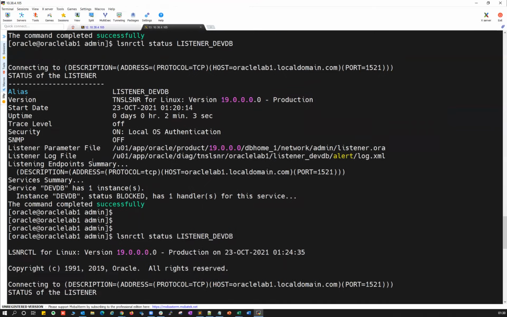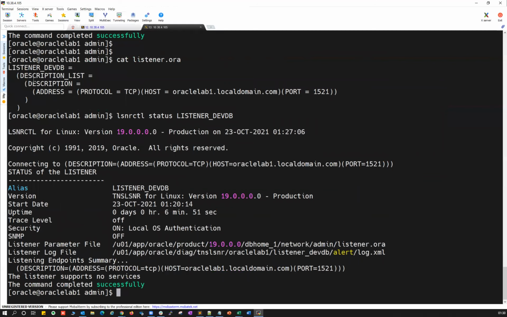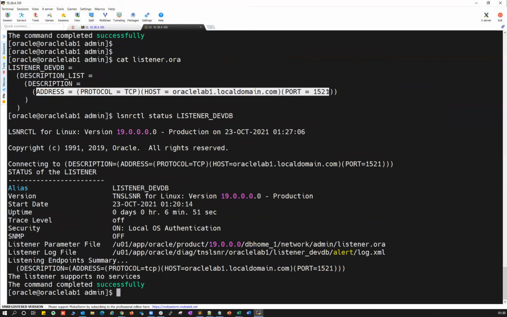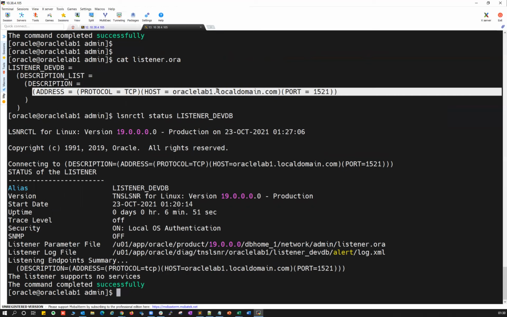Since I have only the listener details in my listener file, just the protocol, host name, and port, and I don't have any instance or database details, Oracle home, global name, or SID within my listener, it automatically takes the dynamic registration.